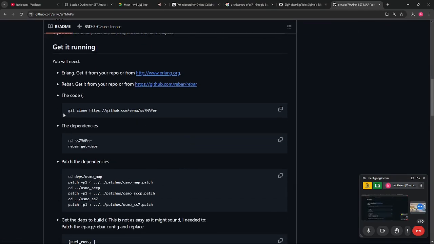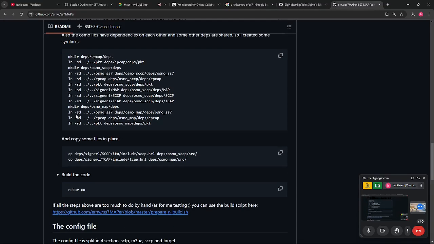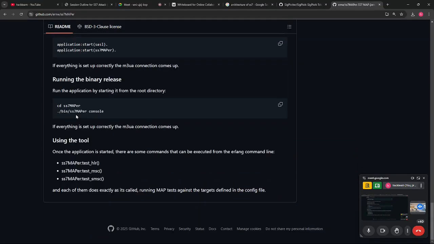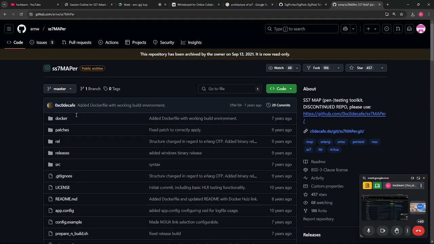These are the basic commands to run this. You just need to clone into this directory, install a few basic applications, and you will be able to use it. After the class, you can watch any YouTube videos regarding this, though I don't think anyone has put up a YouTube video on how to use SS7 map. You need to explore the internet, and I will try to make a separate video on how to use SS7 map. I need to take some time, but till then you can try this tool. This will be very helpful.